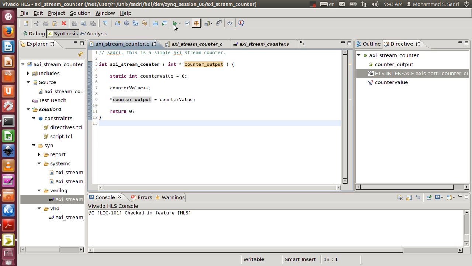Previously, I pressed this button to synthesize the design, and now I am pressing this button to create the packaged IP. For now I am skipping the button through which I can perform a simulation on my design. At the next step, we will come here and evaluate this one. So, export RTL,